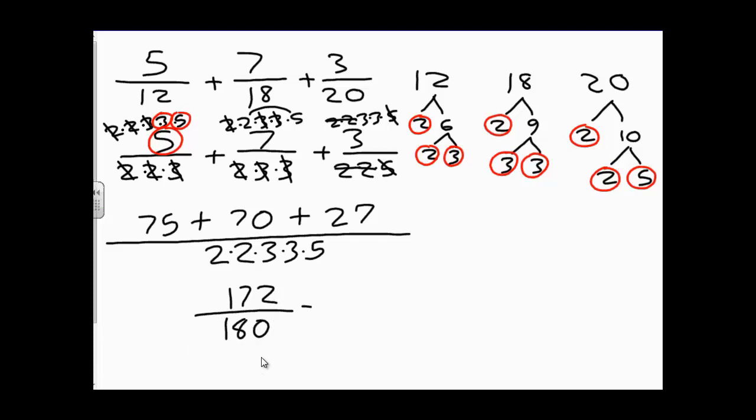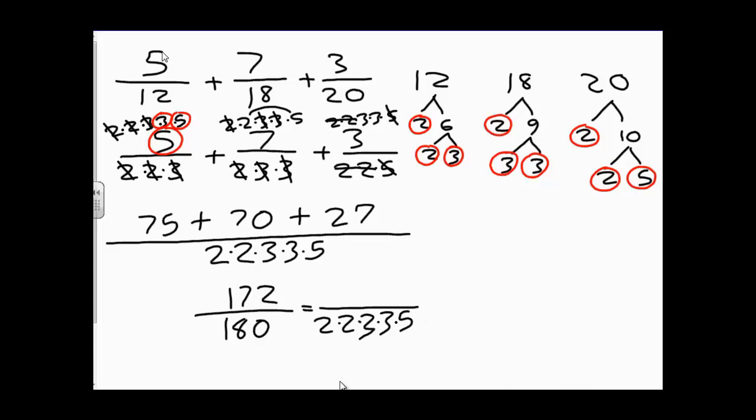Now, I know that this is actually going to simplify because 172 and 180 are clearly divisible by 2. But even before I multiplied this together to get 180, I saw the 172 ended with an even number, and I knew that 180 had a 2 in it, so I knew it was going to get a little better. Take the 180, 2, 2, 2, 3, 3, 5, and the 172,